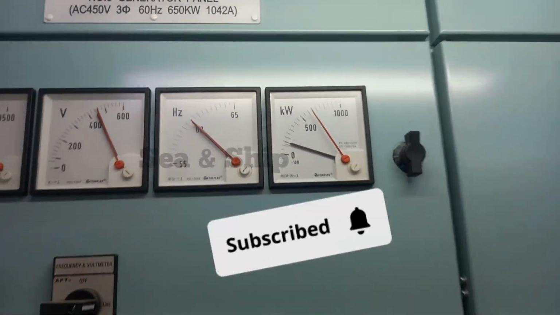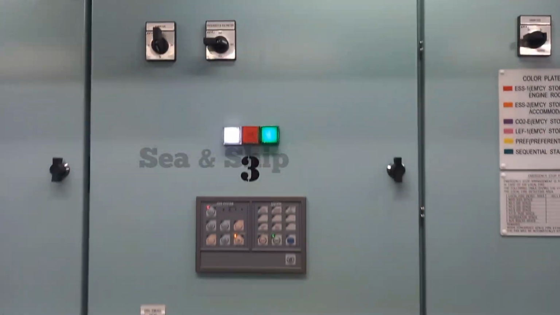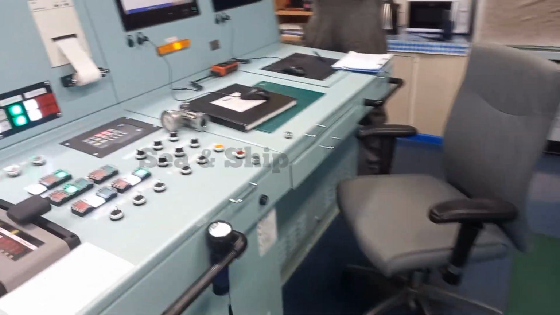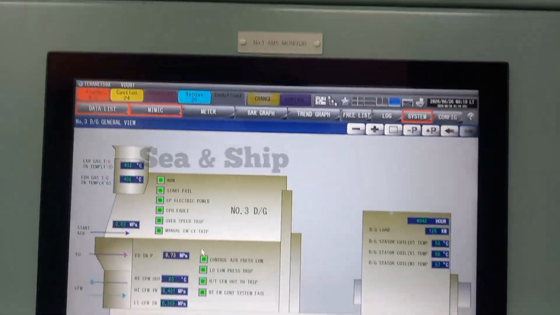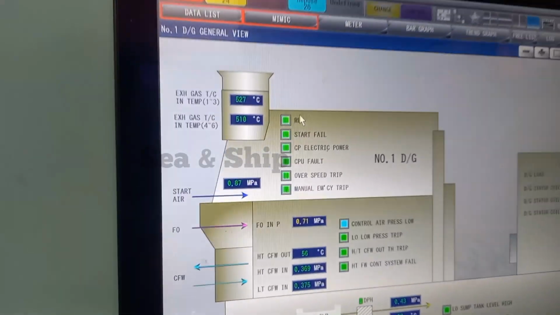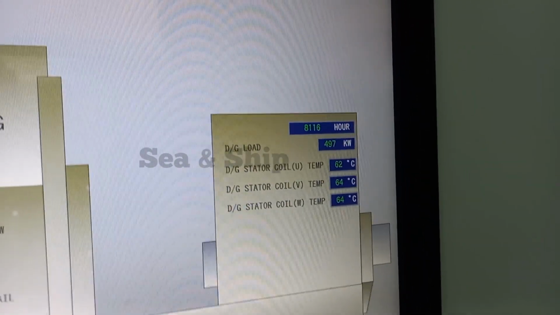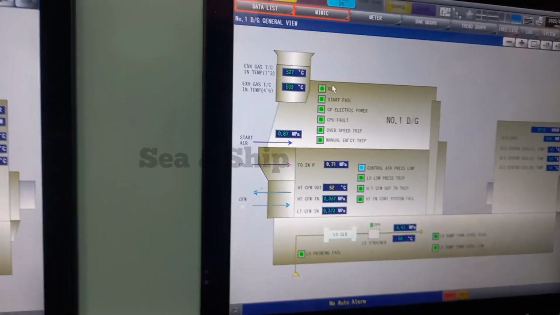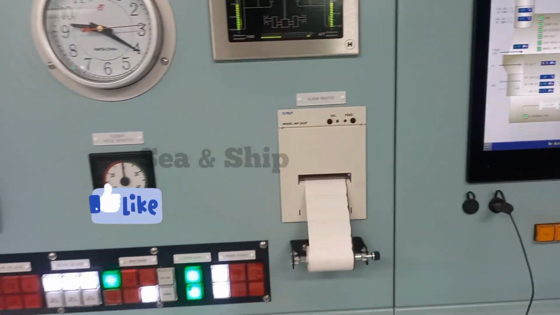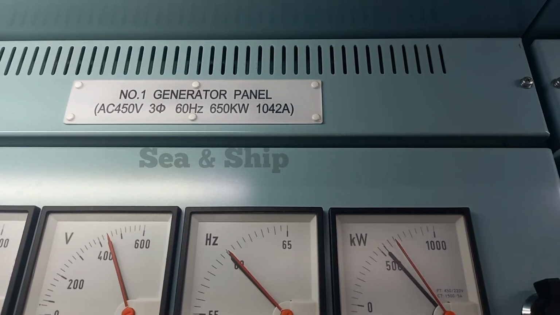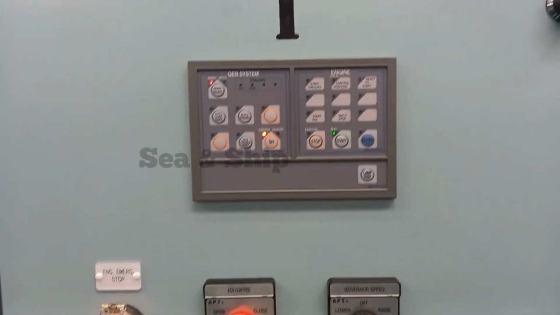Now, how do we actually take it? For safety, we need minimum 2 generators running. First, parallel the 2 generators. Then, start additional auxiliary machinery to increase the load, like starting 2 air compressors, ballast pumps, fire pump, steering pumps, etc. Once the load is up, shift to manual load sharing and gradually transfer maximum load to the generator we